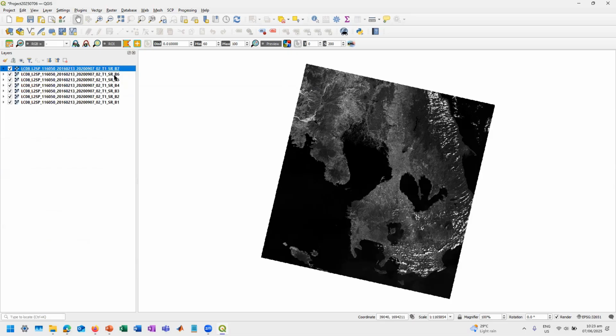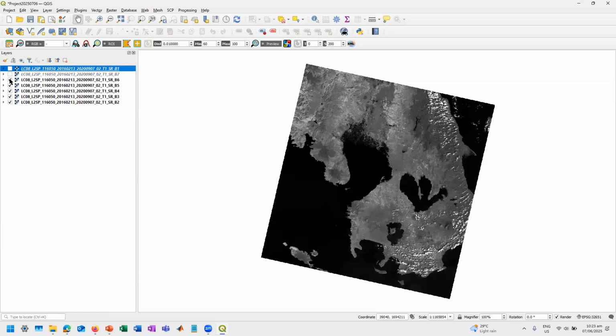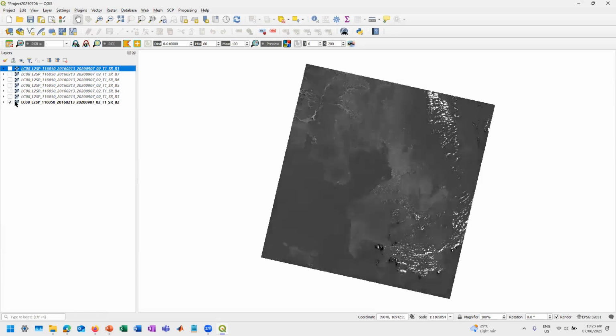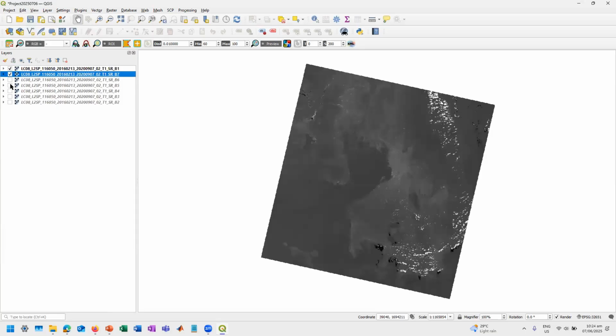So if you want to see, let's say, band 1, one thing that you can do is to click and drag band 1 all the way to the top so that you can see band 1. Or you can just uncheck any bands that we don't like. Then we can actually see, let's say, band 1, band 2, band 3, band 4, band 5, band 6, band 7. Okay?